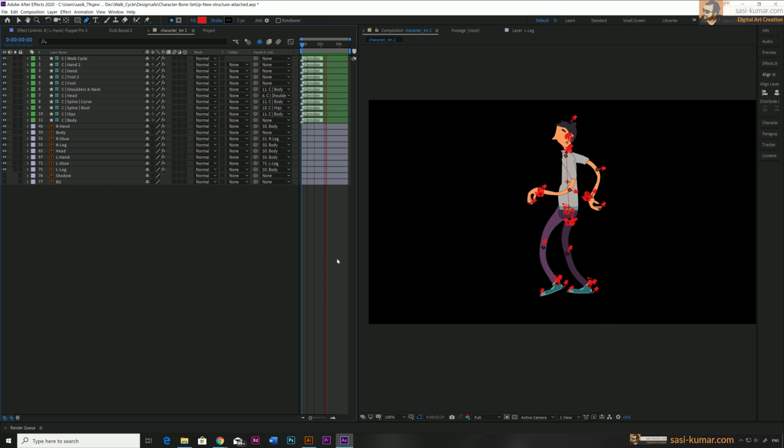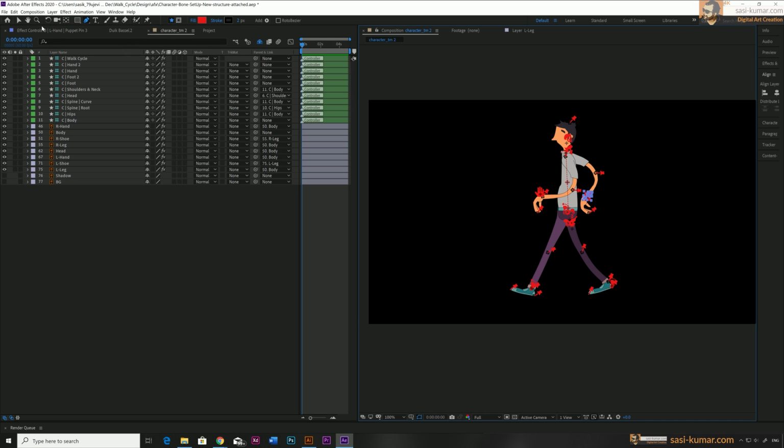For an example, I just make some changes. You will see the walk cycle is getting affected with the changes. But let's say if we change a lot, so what I'm going to do is I'm going to stop this one and let's play this first. You can see the walk structure now, and if I stop this and change the bone structure, maybe let's change the hand movement.